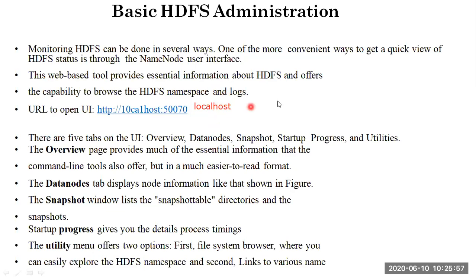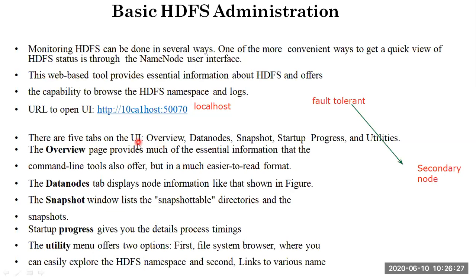Next, I will talk about fault tolerance and how to control it. When I talk about fault tolerance, I need to talk about one more thing called the secondary node. Now let's see what we're going to discuss.